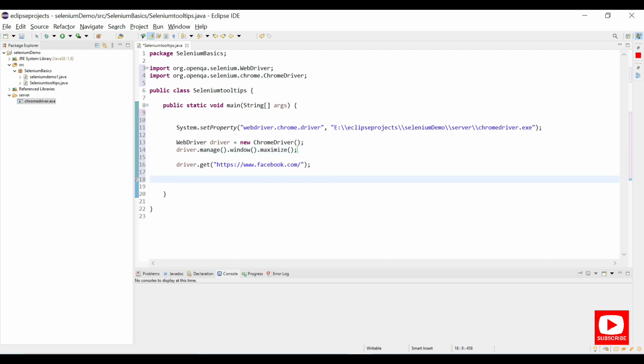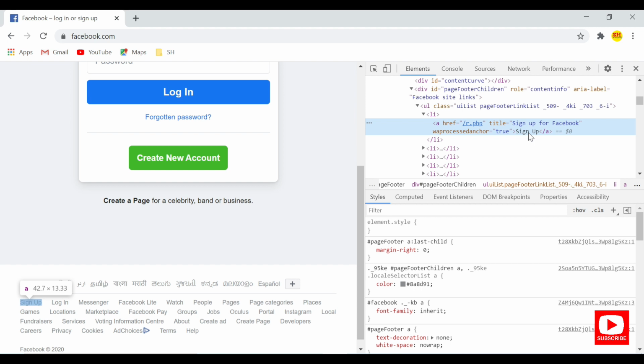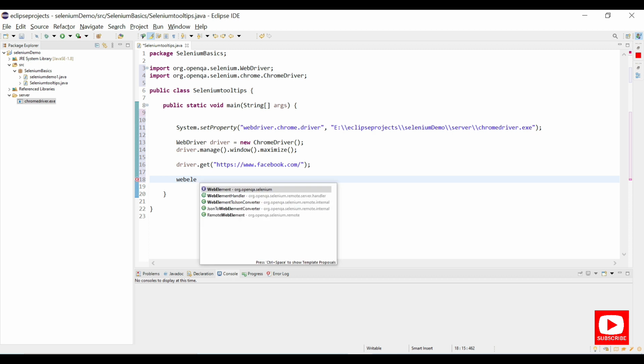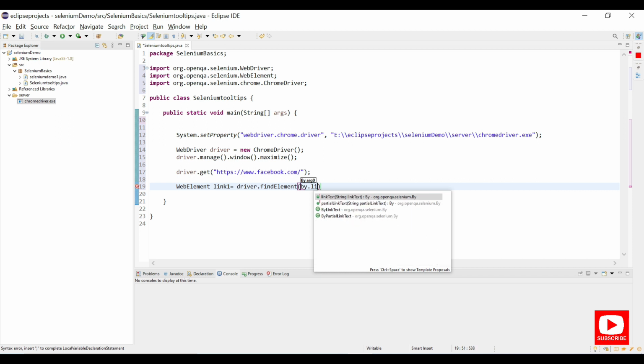Now we'll try to inspect one of the links on the page, which is sign up for Facebook. So let me inspect this, and here I see the sign up. This is an anchor tag, which means we can use link text. We can use partial link text as well. We can use the link text. So we'll take link text and jump into Eclipse: WebElement link1 equals driver.findElement(By.linkText